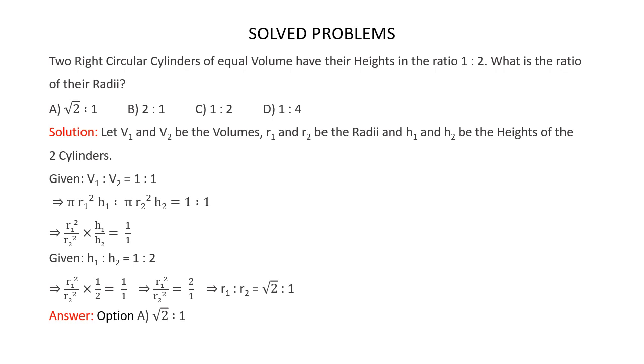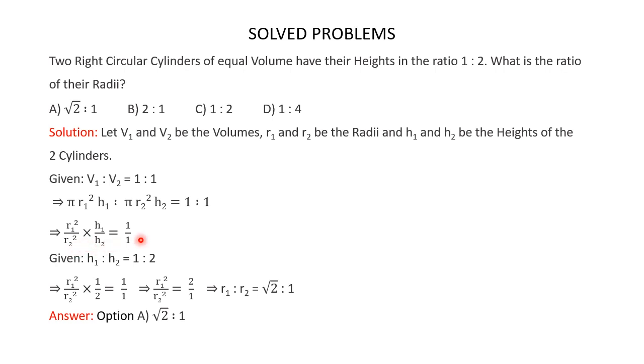Now it's given that the two cylinders have equal volume. So V1 is to V2 is equal to 1:1, which means pi R1 squared H1 is to pi R2 squared H2 is equal to 1:1, because we know that the volume of a cylinder is equal to pi R squared H. Now you can cancel out the pi in this term and pi in this term. Then you are left with R1 squared divided by R2 squared multiplied by H1 divided by H2 is equal to